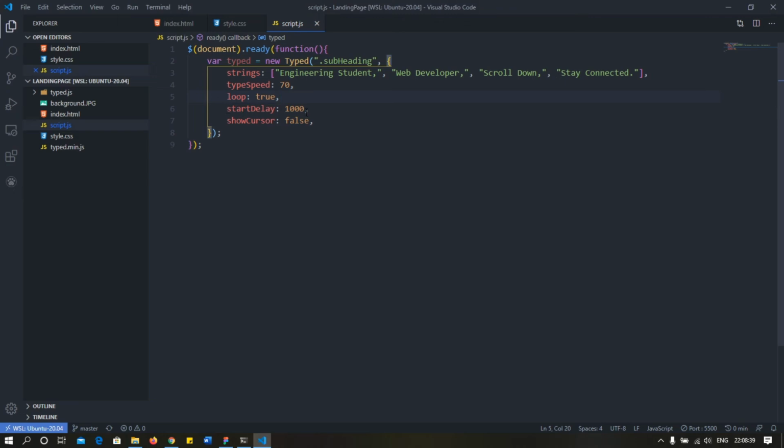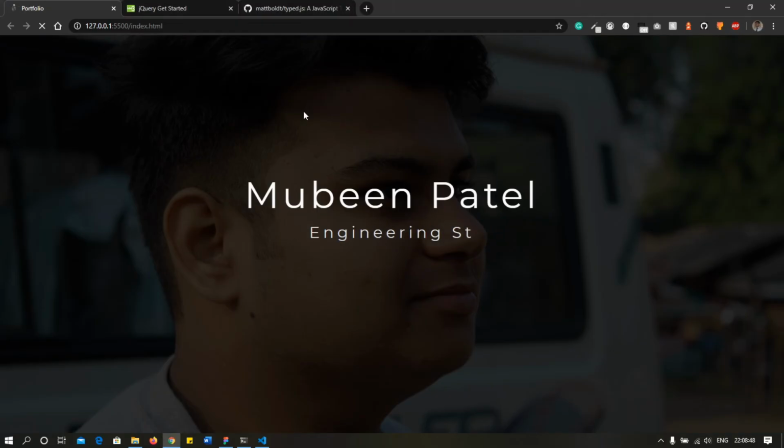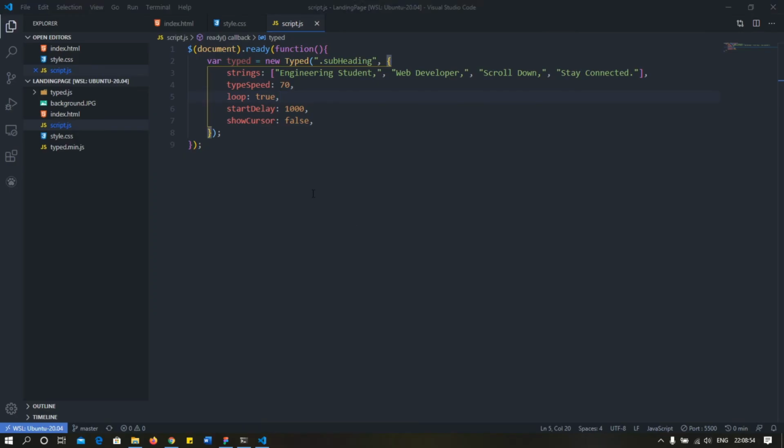Now the next property I am going to talk about is the start delay. This is the time after which the animation will start. If I refresh the page, the animation starts after 1 second, that is 1000 milliseconds. So this is the property that sets after what time the animation should start.